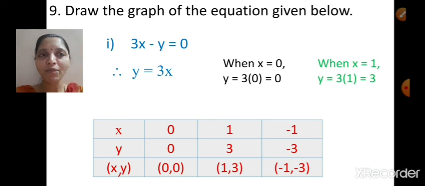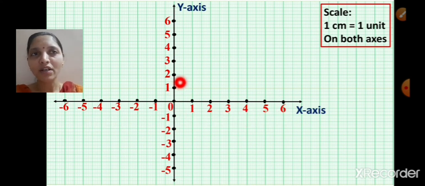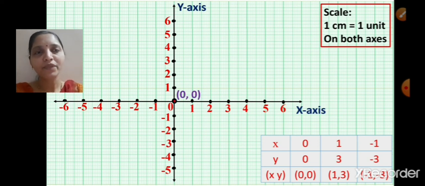Now here we have 3 points with different coordinates. So let's plot the graph here. First we will draw the x-axis, y-axis and origin. Write the numbers on the axis and then we will start plotting the graph. Now your first point will have coordinates 0, 0. That means that point must be the origin. So let's plot it here. First you have to highlight the point and write the coordinates 0, 0.